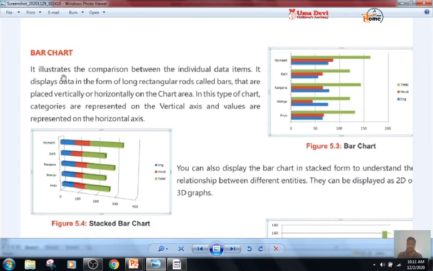So bar chart, it illustrates the comparison between the individual data items. It displays data in the form of long rectangular rods called bars that are placed vertically or horizontally on the chart area. In this type of chart, categories are represented on the vertical axis, okay, and values are represented on the horizontal axis. Okay, so this is our bar chart. Next one is